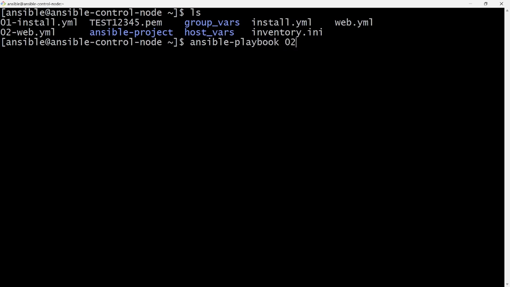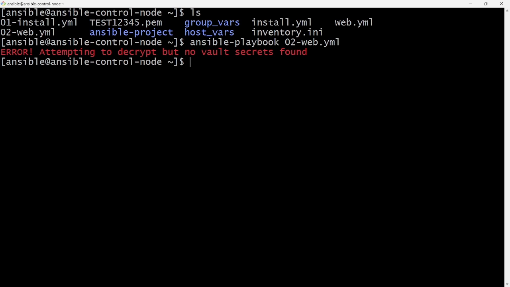Let's see, playbook. This file I already converted into the encrypted format. Can we execute it or not here? I'm going with the normal command here. Once we enter the normal command, you can see the error here. So we need to enter it like this. What do we have to do here? We have to enter that file name, 02